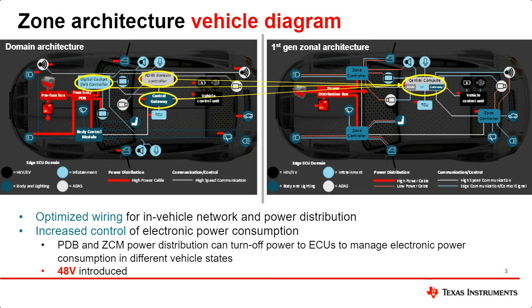And as more and more loads are getting added to our cars, and as we are moving towards software-defined vehicles, the goal here is to optimize the power consumption, especially when the car is in parking state and it is only running on the battery. Another important trend that we are seeing here is that a 48 volt rail is getting introduced at the input to drive some of the loads.